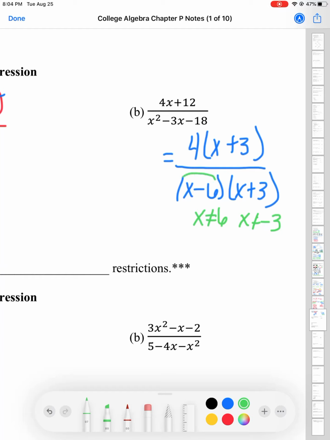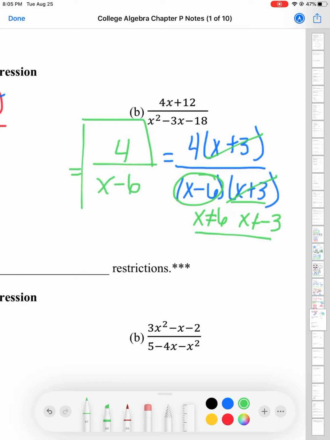Because if x was 6, it would make this factor 0, which would make the denominator 0. If x was -3, it would make this factor 0, which would make the whole denominator 0. So after we've listed our excluded values, we can reduce, and our final answer would be 4 over x minus 6